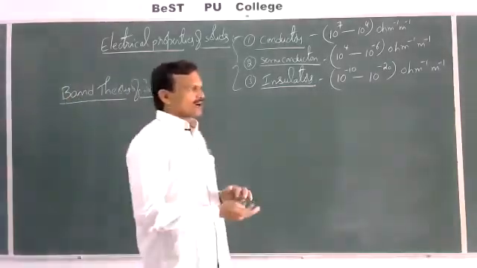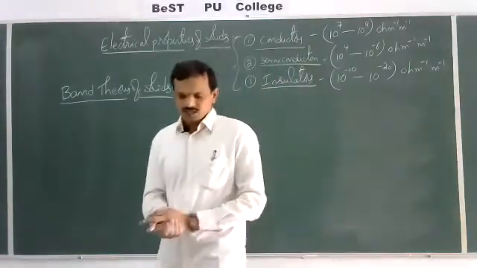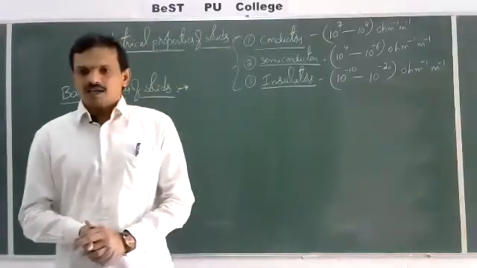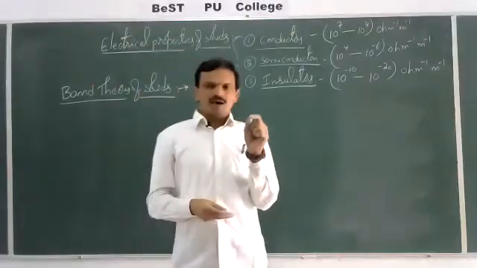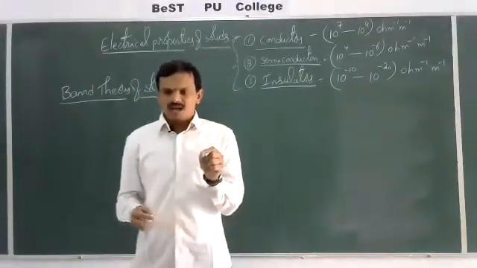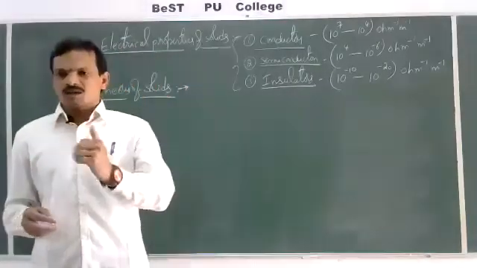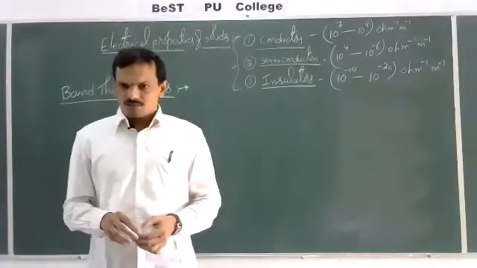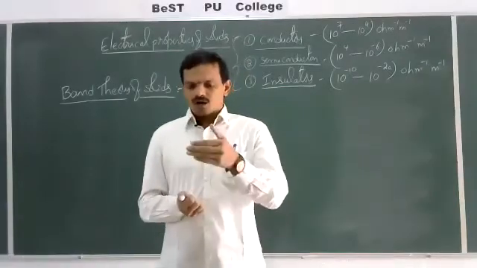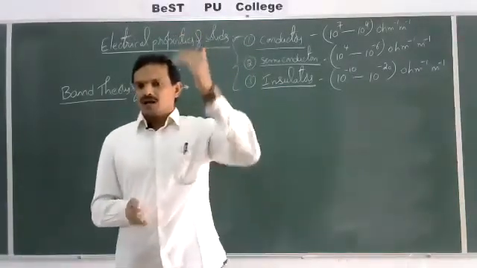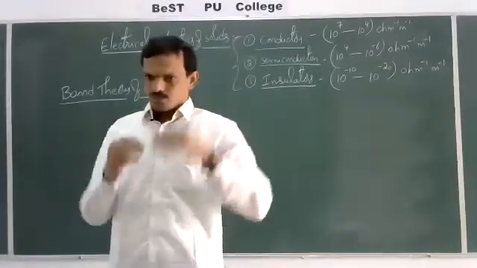Nothing but, according to molecular orbital theory, what you have studied in the first PUC chemical bonding chapter, MOT. As per this molecular orbital theory, the atomic orbitals present in the valence shell of an atom having the same energy combine to form a set of molecular orbitals. If two atomic orbitals are combined, then we get one bonding molecular orbital and one anti-bonding molecular orbital, which differ by some energy gap.